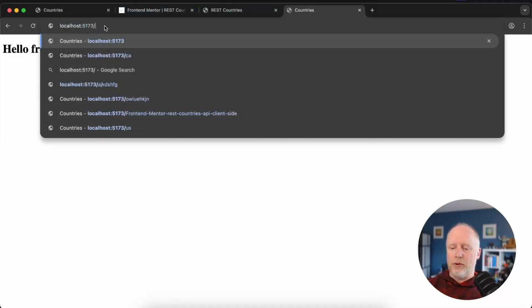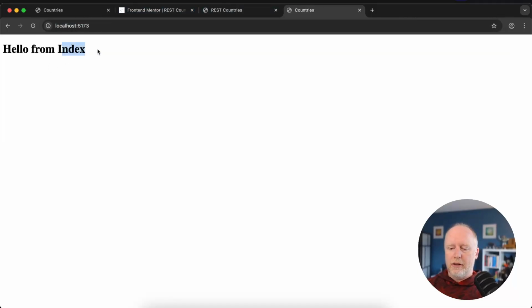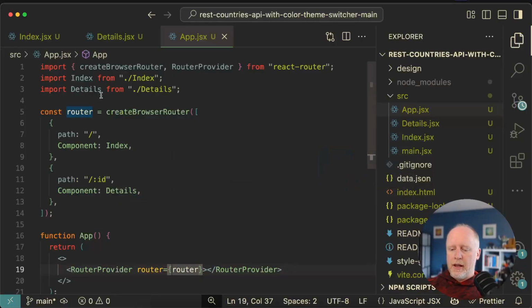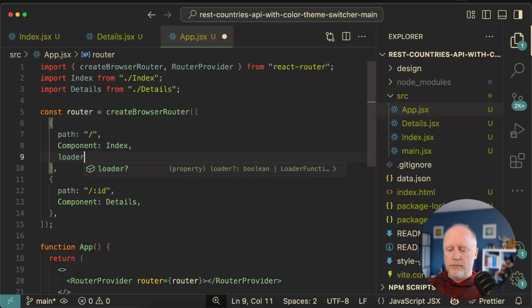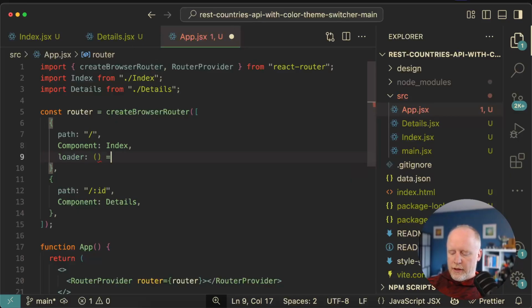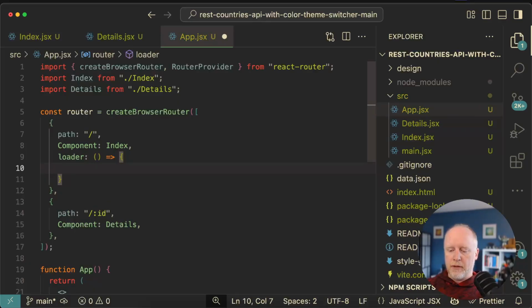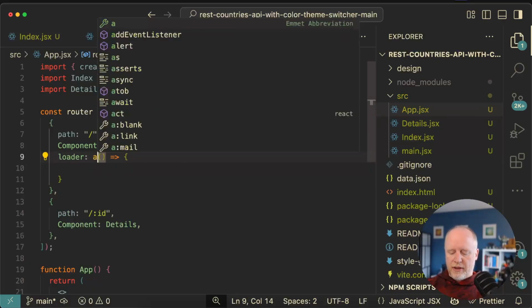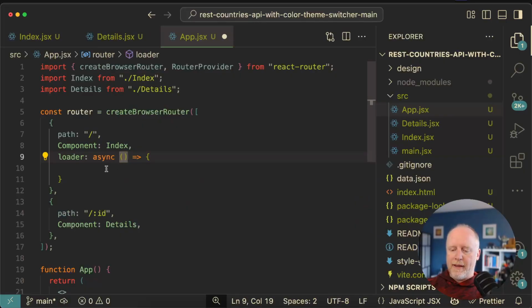I'm going to do that to the index. So I'm going to switch back to index, okay? And right here, I add a loader, okay? And that loader is going to be a function that returns something, okay? Now that function is async, so we're going to set that up. And right below it,